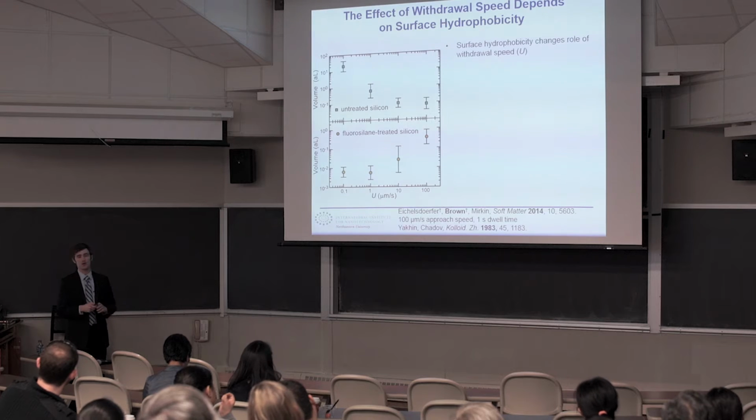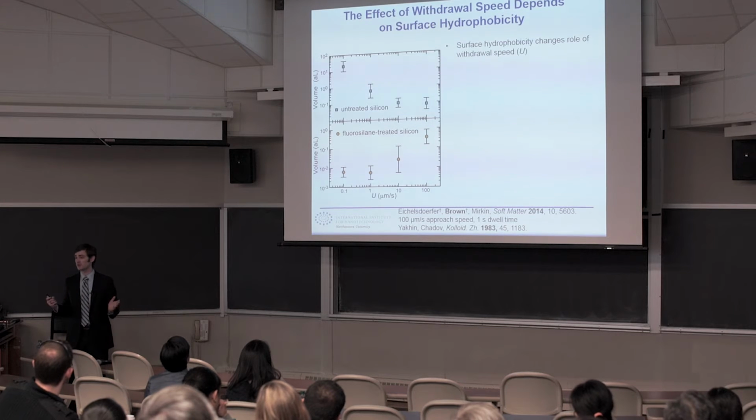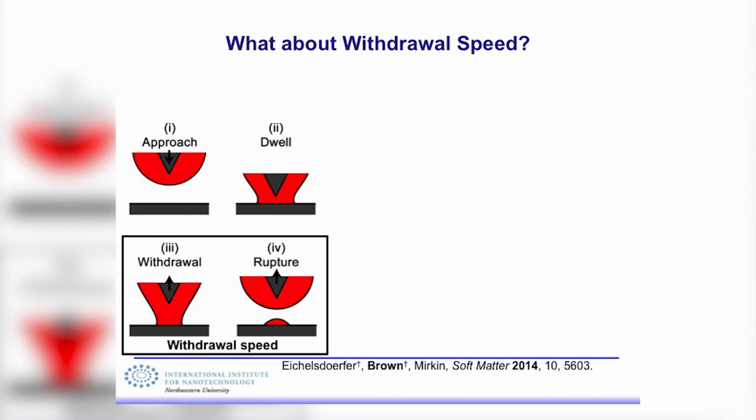And what we found is we patterned on hydrophilic silicon, so untreated silicon. We found that the features, as we slowed the process down, they got bigger. This was not a surprise. This basically told us that as we hold the tip in contact, patterning is happening forward in time. That was great. However, if we pattern on the hydrophobic silicon, what we found is as we withdrew the tip